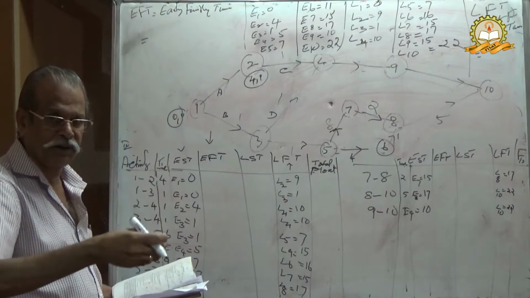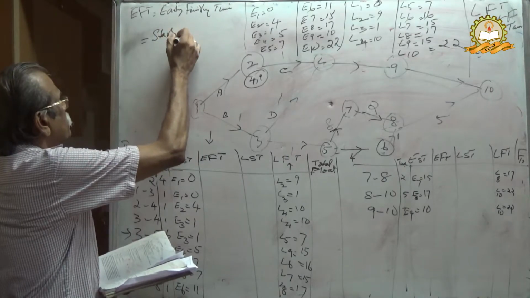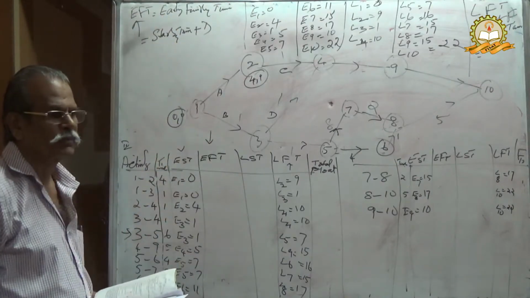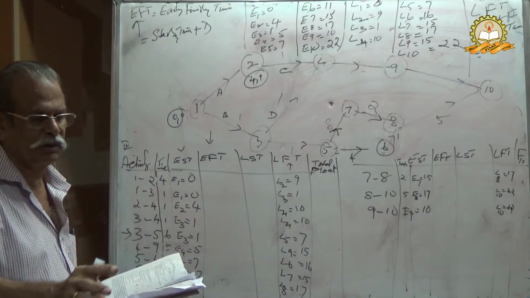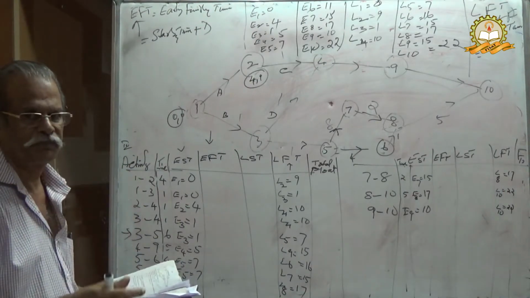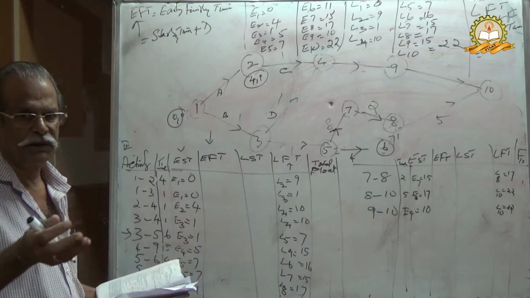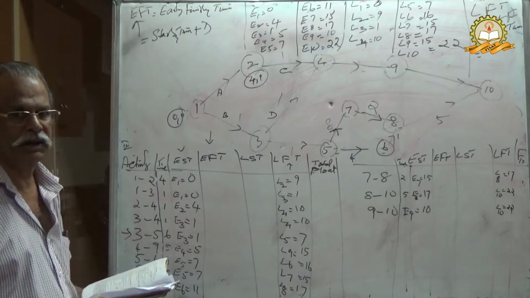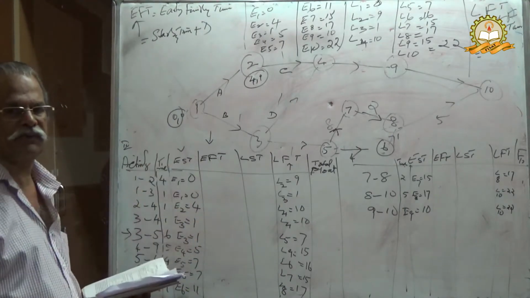Therefore starting time plus duration is your EFT. You may start by 10, or 10:15, or 10:25, but you will have to finish exactly by 1 o'clock. Therefore starting time plus 3. Starting time you may choose 10 o'clock, 10:10, 10:05, 10:20, 10:25, maximum 10:29. After that they may not allow you. Therefore starting time plus duration, that is EFT.